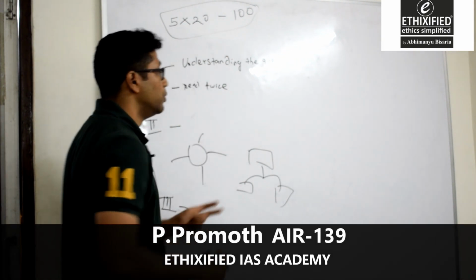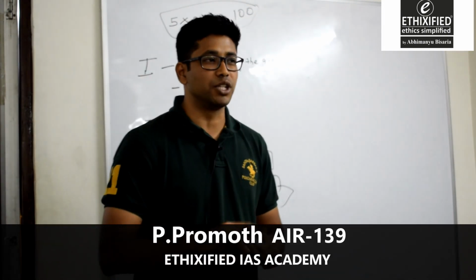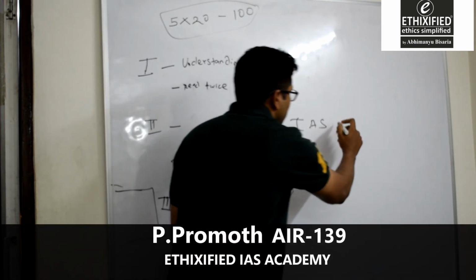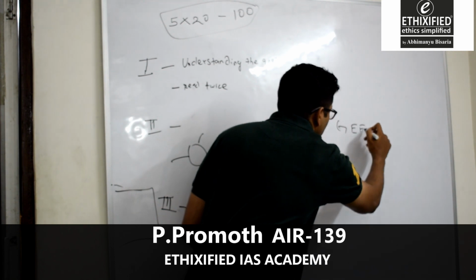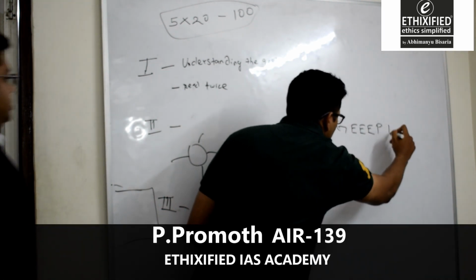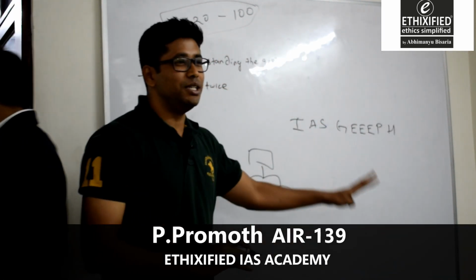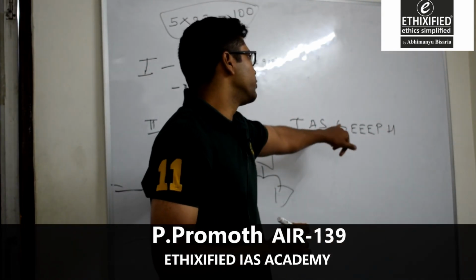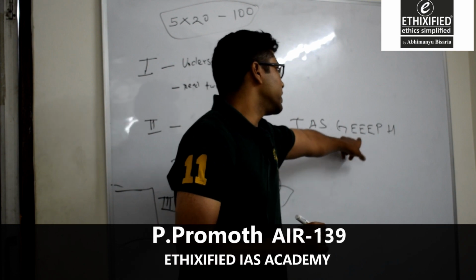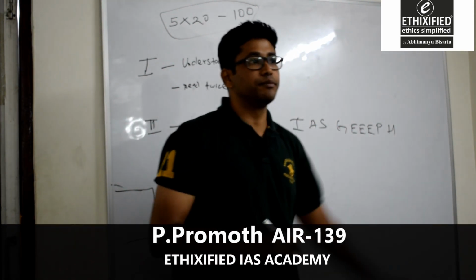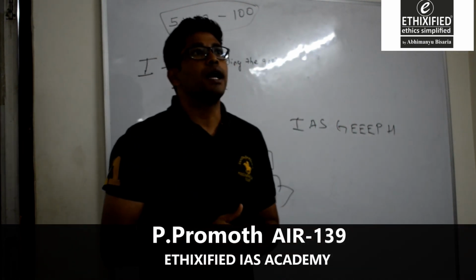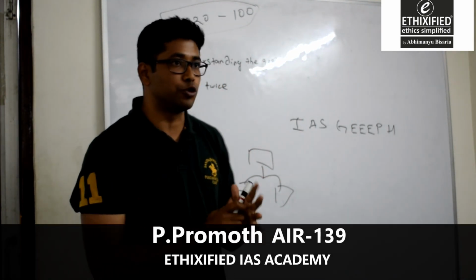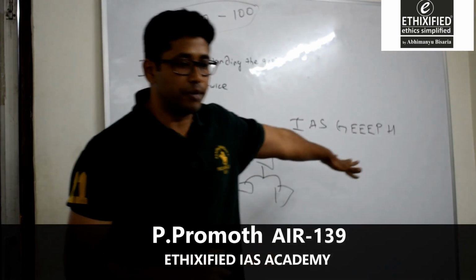And then unit 2, with respect to multi-dimensionalism, I had a mnemonic called IAS GEEP history. So I for internal security, A for agriculture, S for society, G for geography, E for ethics, environment, economics, polity and history. So an answer becomes more colorful, more representative when we start forcing ourselves to think in these dimensions. This does not come naturally.